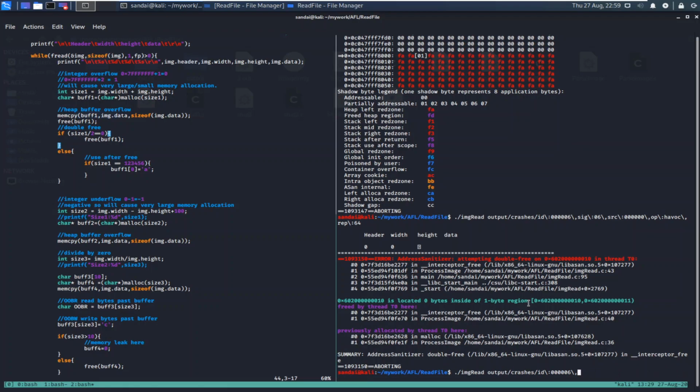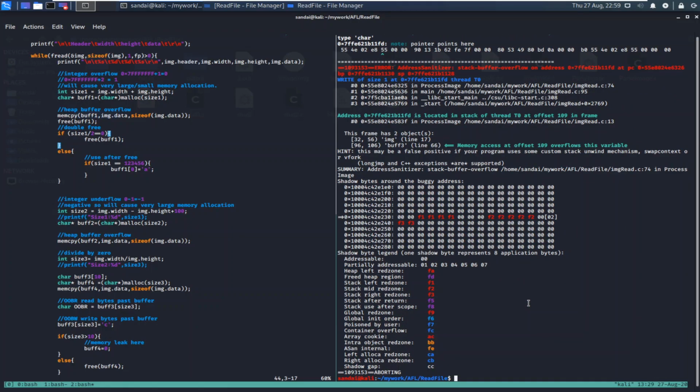What does it contain? 7. This is a stack buffer overflow. This is at line 74. So let's see what it contains at line 74. It is over here.